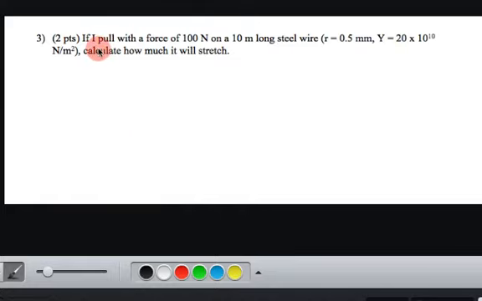So in this problem you have 100 newtons pulling on a 10-meter long steel wire. It gives you the dimensions. The radius is 0.5 millimeters, and the Young's modulus is this value. Calculate how much it will stretch. So you recall that you'll see on the formula sheet,